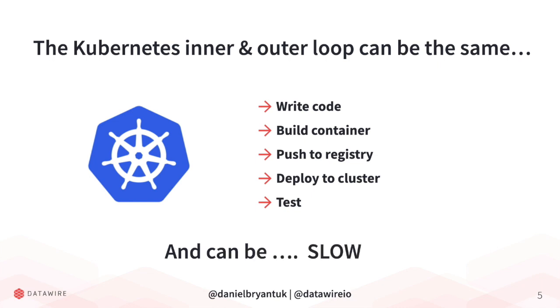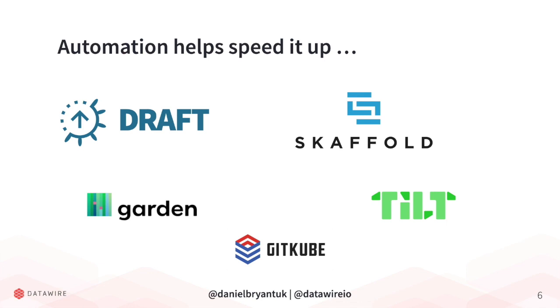Bottom line, this process can be slow. And as developers, one of the key things we always optimize for is feedback. Getting that fast feedback, staying in our zone without the need to context switch. Now, automation and fantastic tools do exist in the Kubernetes world to help you speed up this local development loop. Tools like Draft, I regularly bump into Skaffold from the Google team, Garden, Tilt, fantastic tools, and Gitkube do some level of automation around building containers in the background. So you're coding on, and containers are being built and the latest layer is being pushed up to a remote registry in the background.